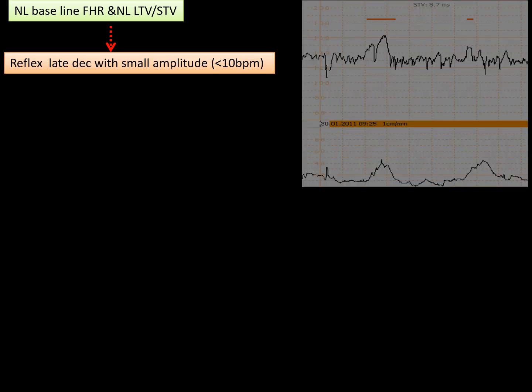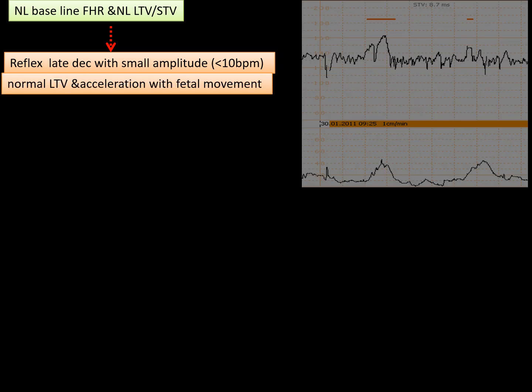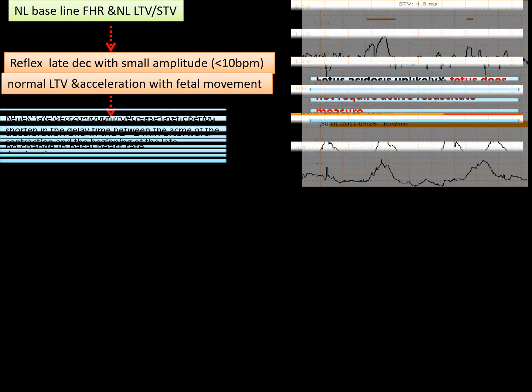What happens if this reserve diminishes more? We will get late deceleration with a small amplitude, less than 10 beats per minute, but with normal long and short-term variability. So the presence of shallow deceleration with good variability indicates that this is the first stage. It is not yet